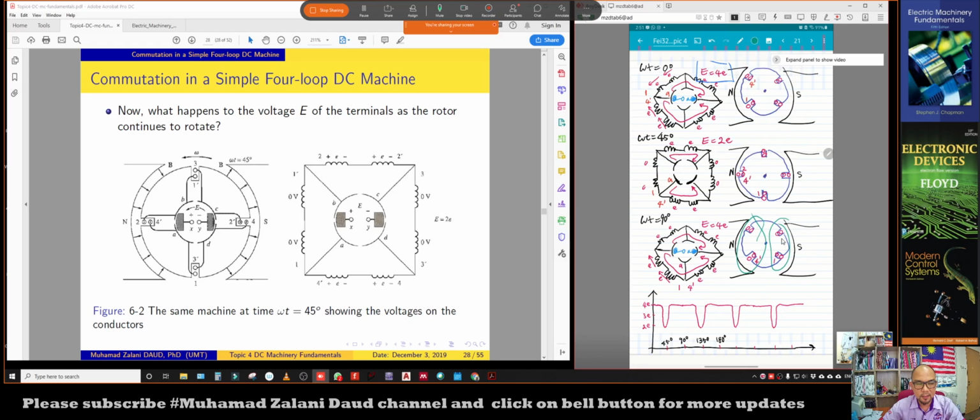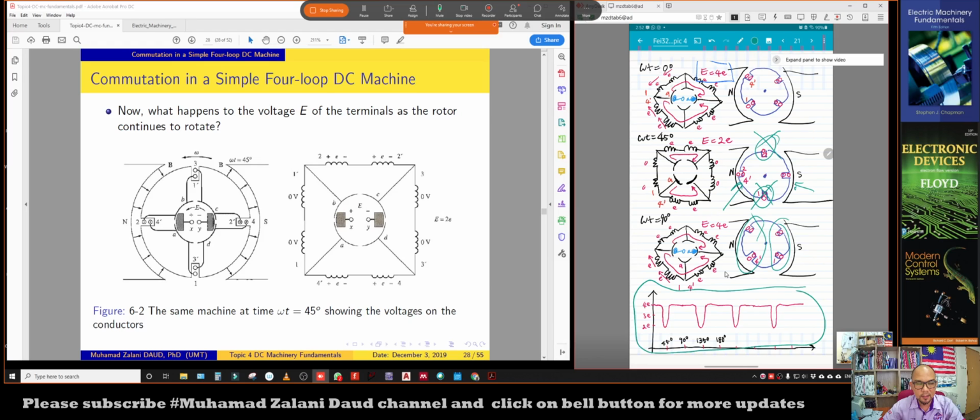Okay, at 45 degree no voltage was induced, only at that particular segment. So for this one, all of the segments will be induced by the voltage. So at this particular instant, the voltage will be back to 4E. So okay, we can redraw